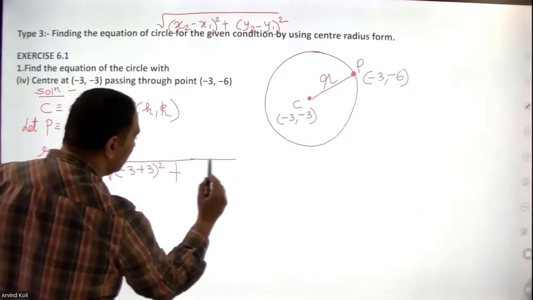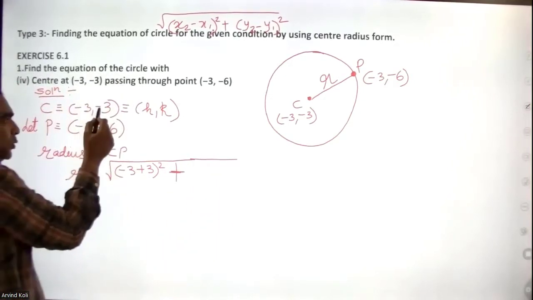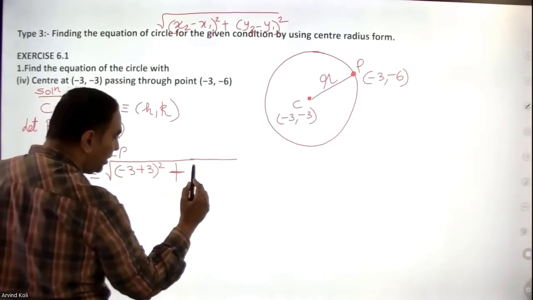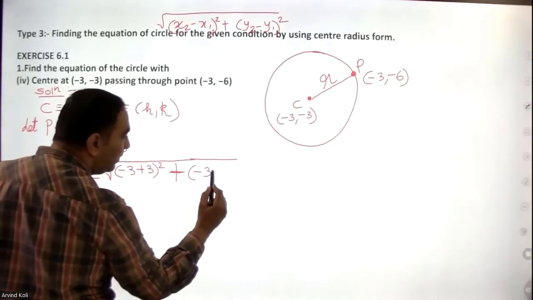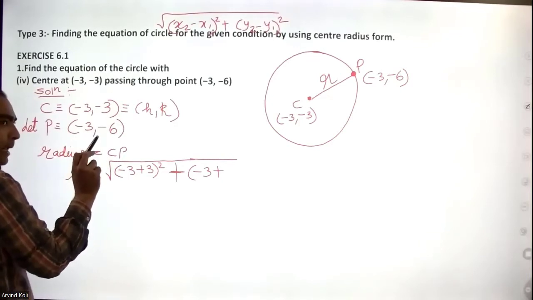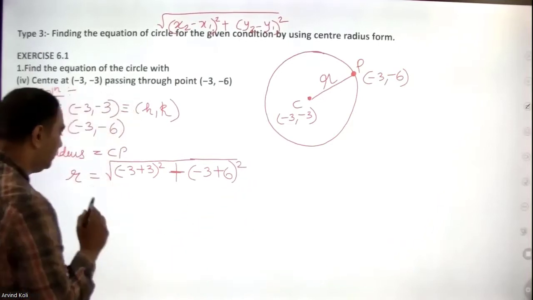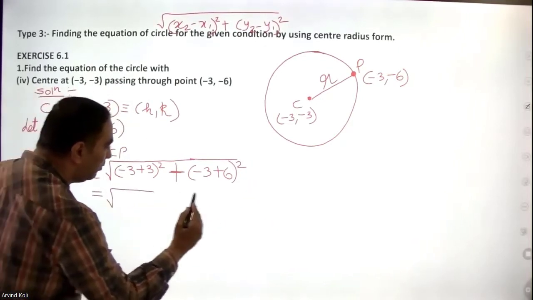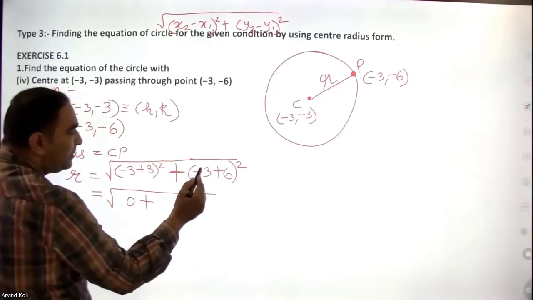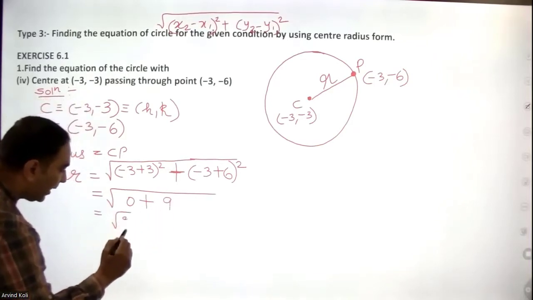So I'll write plus, स्टूडेंट्स डिफरेंस ऑफ y कोऑर्डिनेट, सो -3 minus -6, सो ये हो जाएगा -3 + 6, ये द होल स्क्वायर. सो दिस इज इक्वल टू 0 + 3 का स्क्वायर 9, we get under root of 9, therefore